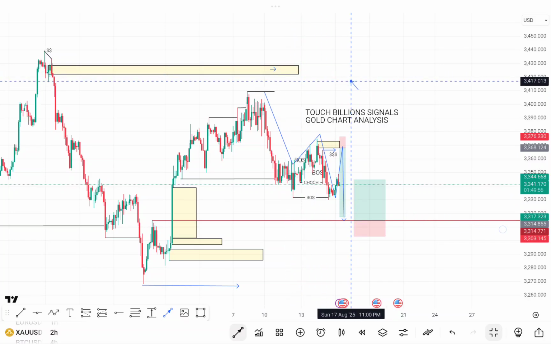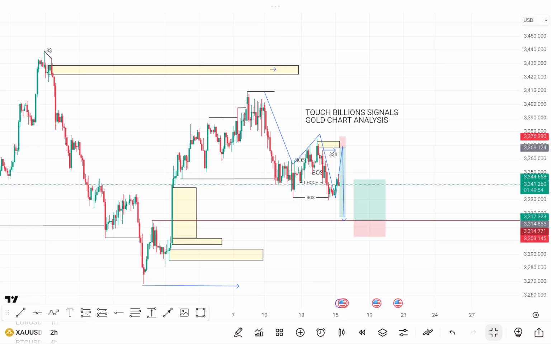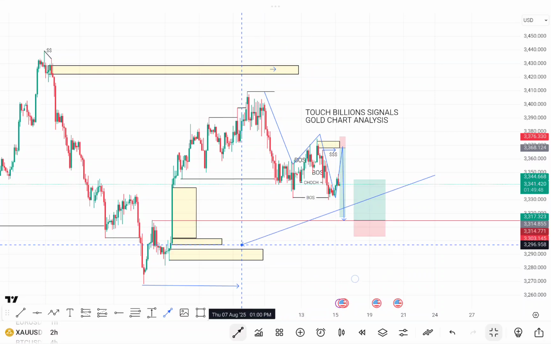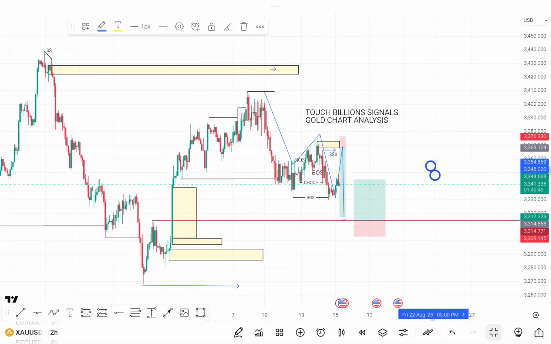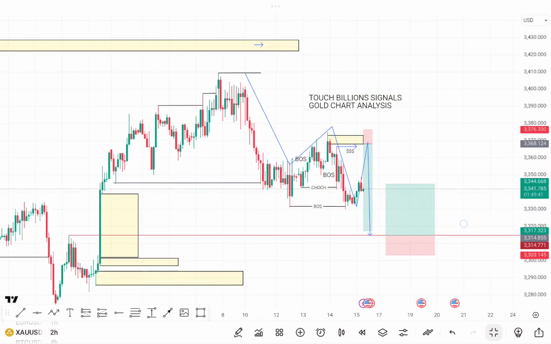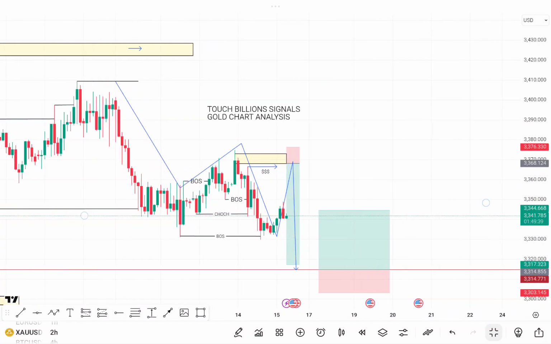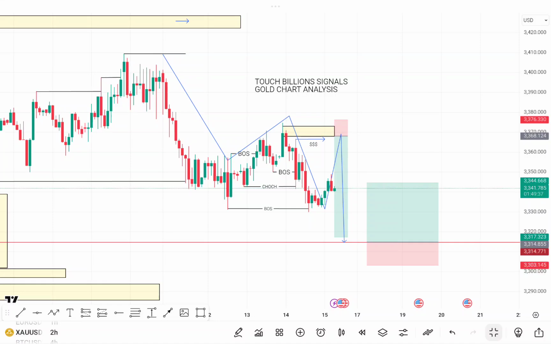But of course, we're all going to be here to see that. We also have key level zones at this point below. These are the first key level zones, and these are other key level zones as well. This is what we are anticipating the market will do, so we're just going to be patient and pay attention to this.